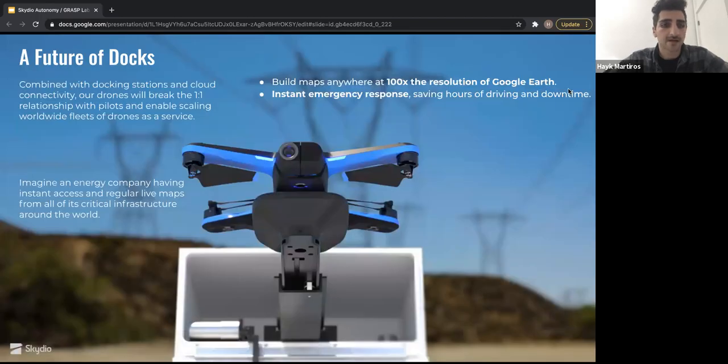Yeah, and then I'll just highlight, we have this vision of when you add docking stations, you add cloud connectivity, that there's no longer a one-to-one pilot relationship. And you can have these worldwide fleets of drones that act as a service. And we like to call this like Skydio Earth. So if you think about